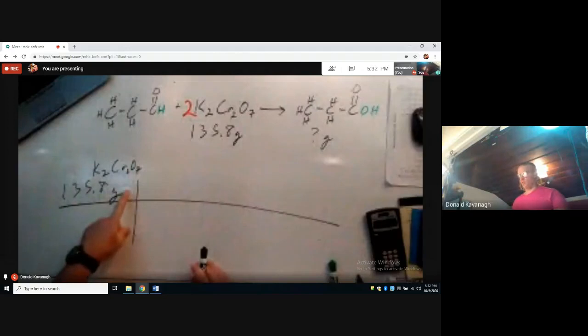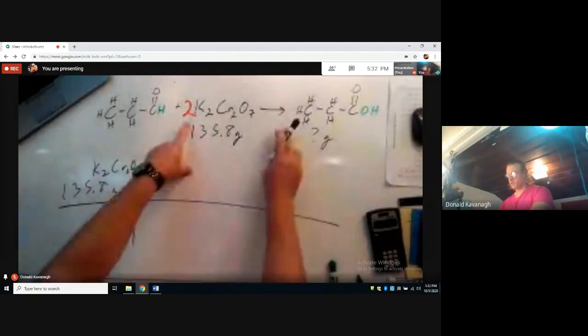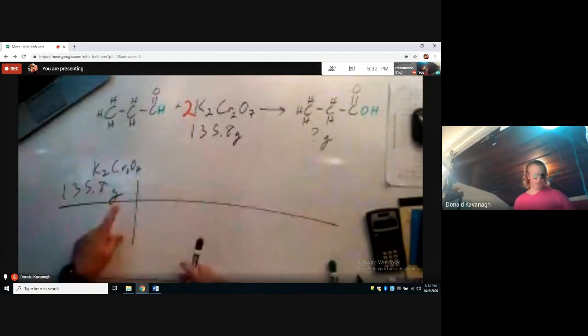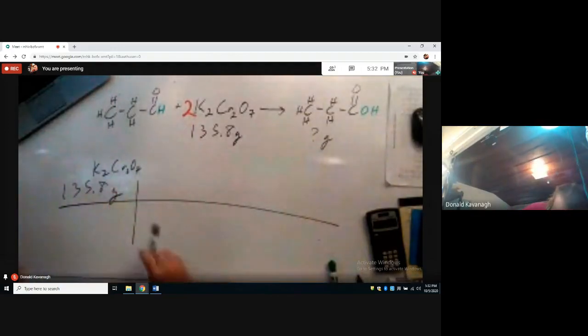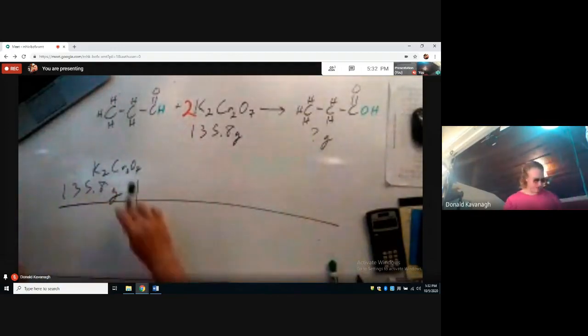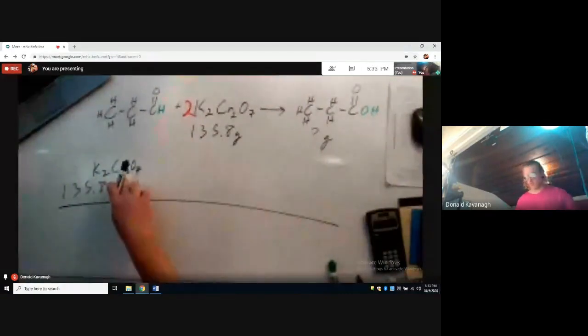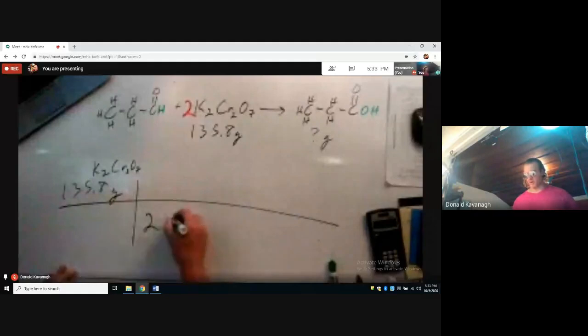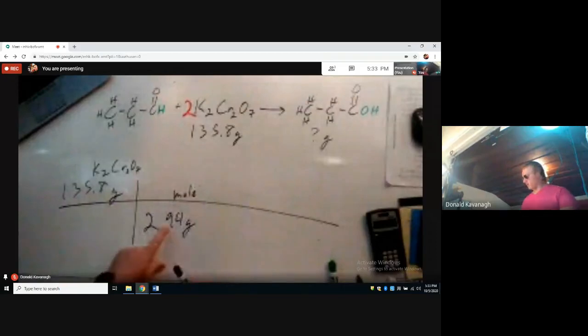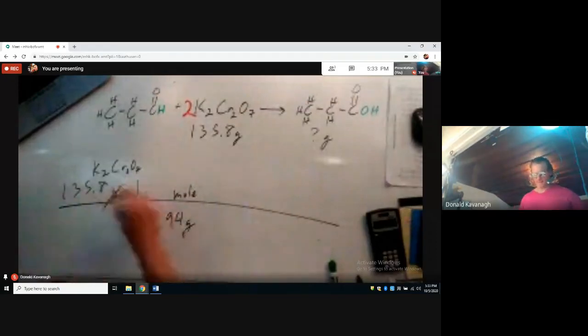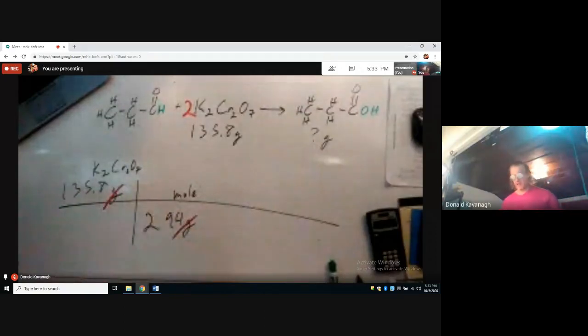Before we can compare the ratio in the balanced chemical reaction, we need to convert grams to moles, and by adding up these elements off the periodic table, we get 294 grams per mole. So 7 oxygens, 2 chromiums, and 2 potassiums add up to that. Now we can compare